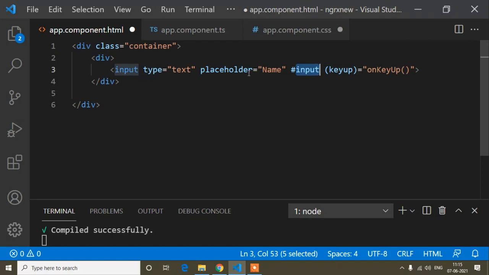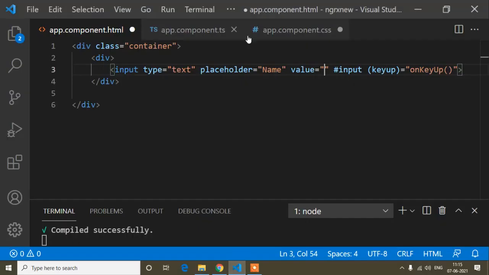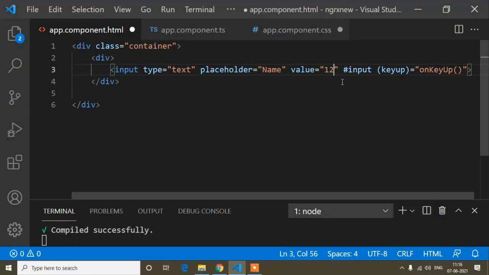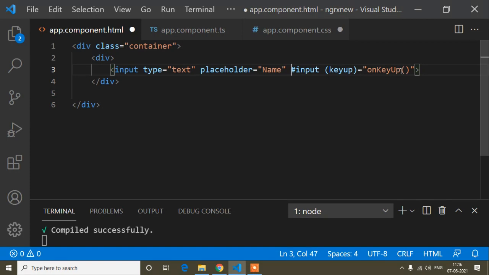So now, guys, how will I get the value, I mean which value will I put in this input field? Suppose in this input field I press 12, that means I have to get the 12, and this value will be 12. So how can you do that? I will remove this one, because the value will be fetched dynamically. You just have to call this input field here and then a dot. If I call this input field, I will get all the DOM properties of this input field, but I don't need all of them, I need only the value. So here I will write dot value, this way.